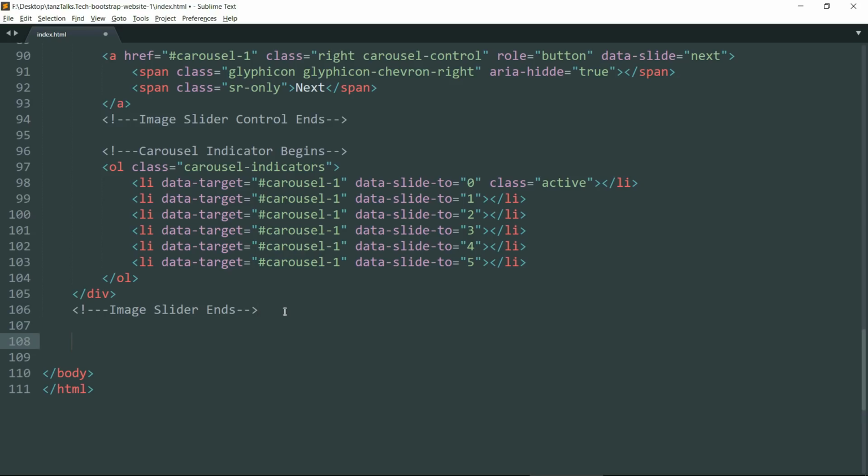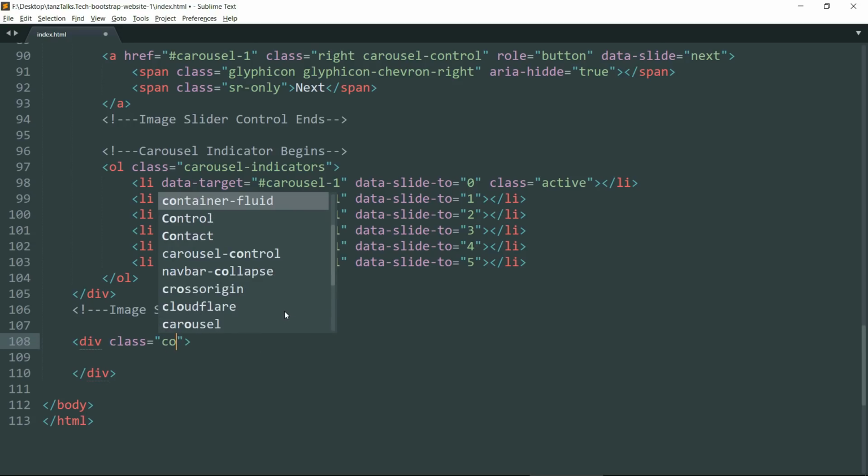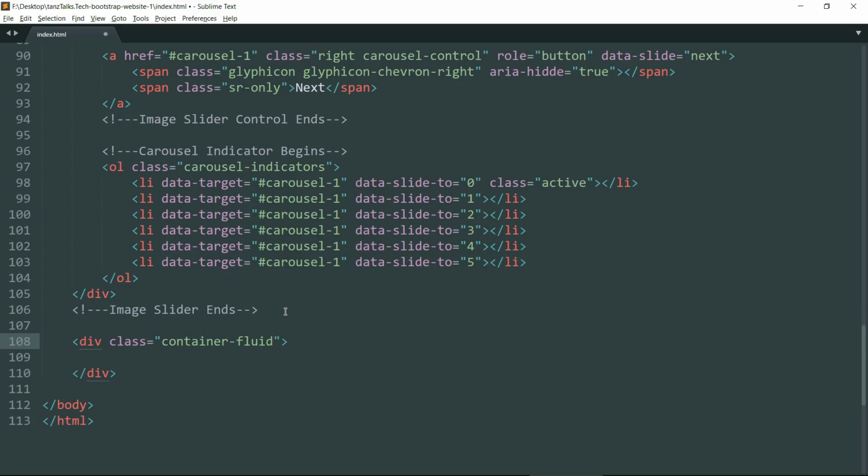Now drop down and create a div tag. Let's create a div tag with the class container-fluid-text. Then drop down and create another div.